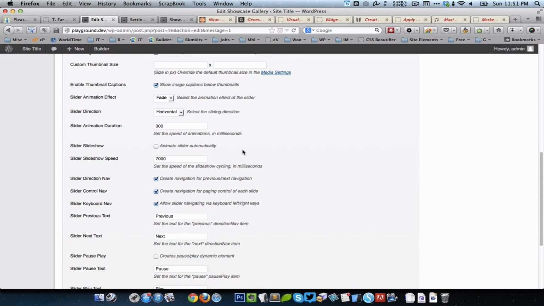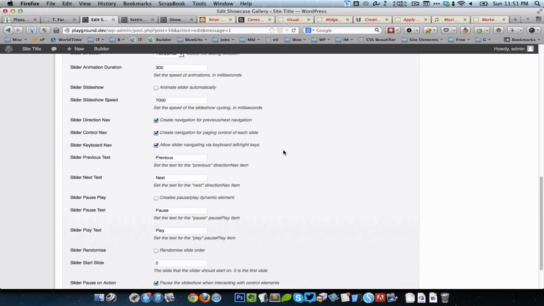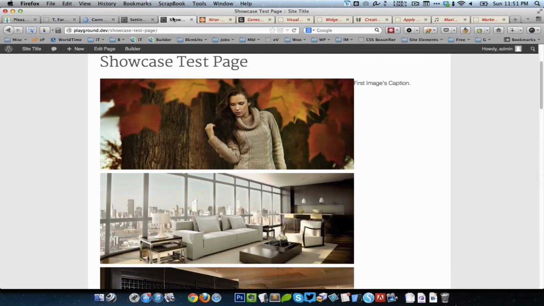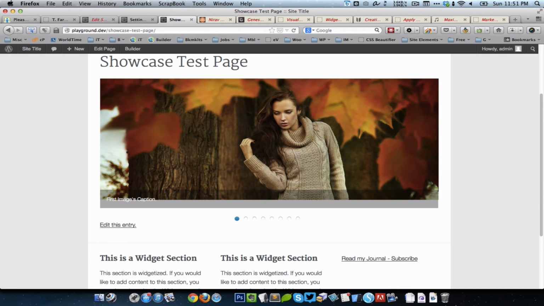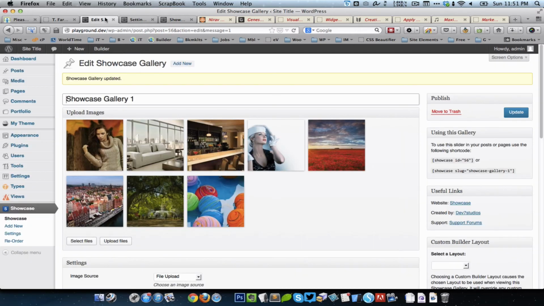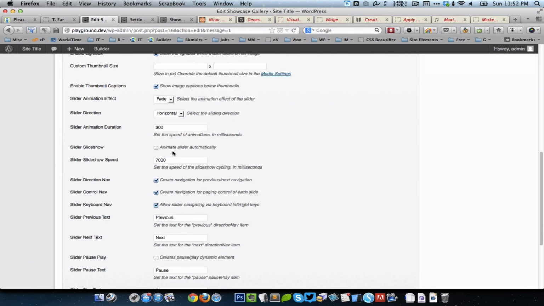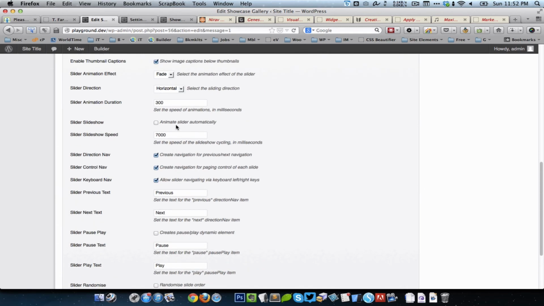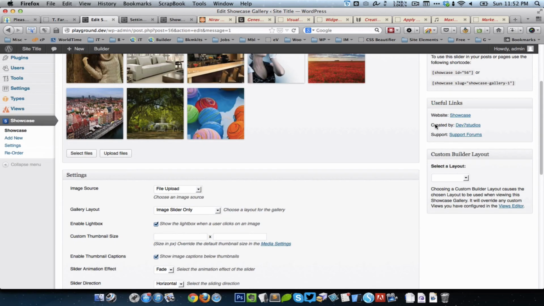So let me just show you how that looks. When I update and refresh, you can see the caption appears here like that, and it does not automatically go to the next slide because the animate slider automatically option is not selected. So if I select that and update,